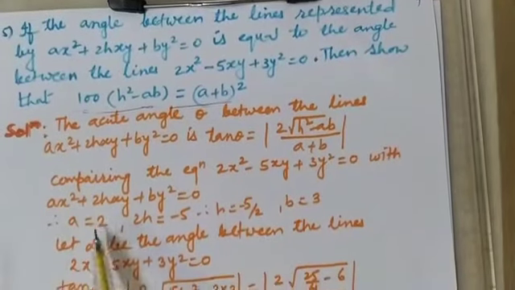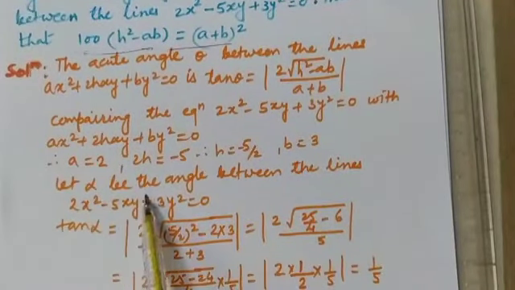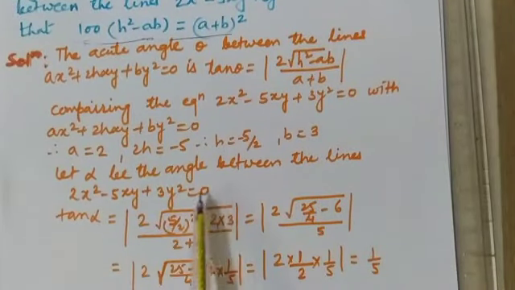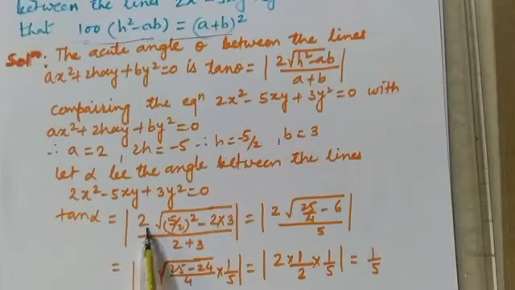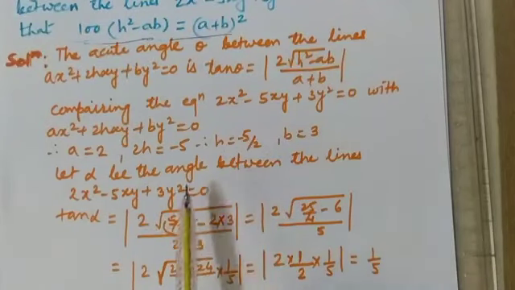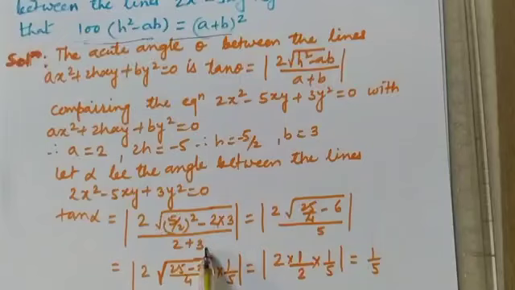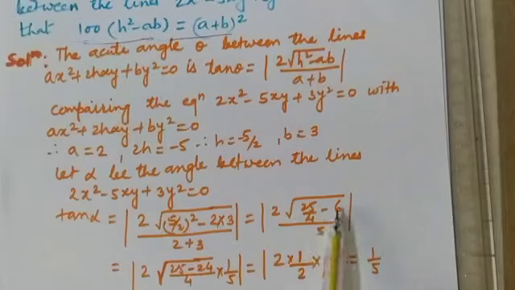Now we consider, let alpha be the angle between the lines 2x square minus 5xy plus 3y square is equal to 0. Then tan alpha is given by 2 into root of h square, h means 5 by 2, this whole square, minus ab, a into b, a is 2, b is 3, 2 3 6, divided by a plus b, 2 plus 3, 5. Simplify this: 2 into h square means 5 by 2, that is 25 by 4, minus 6. Simplify this one, 2 into, after taking out the LCM, 25 minus 24,